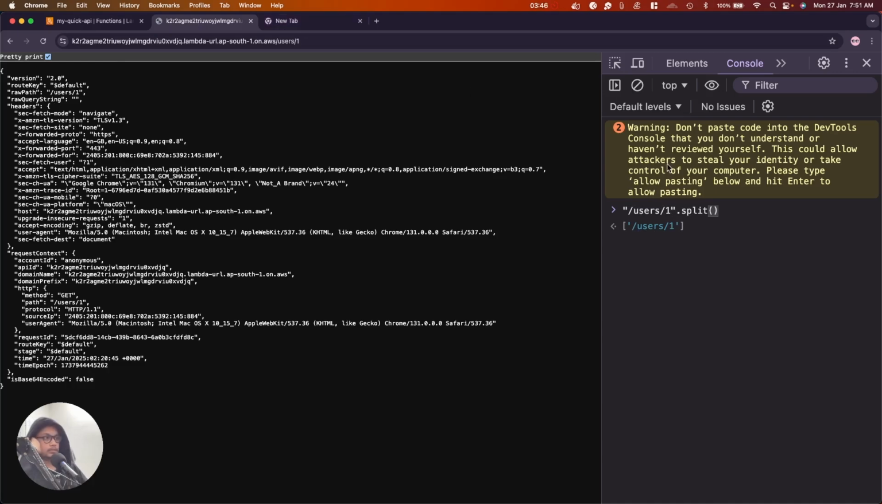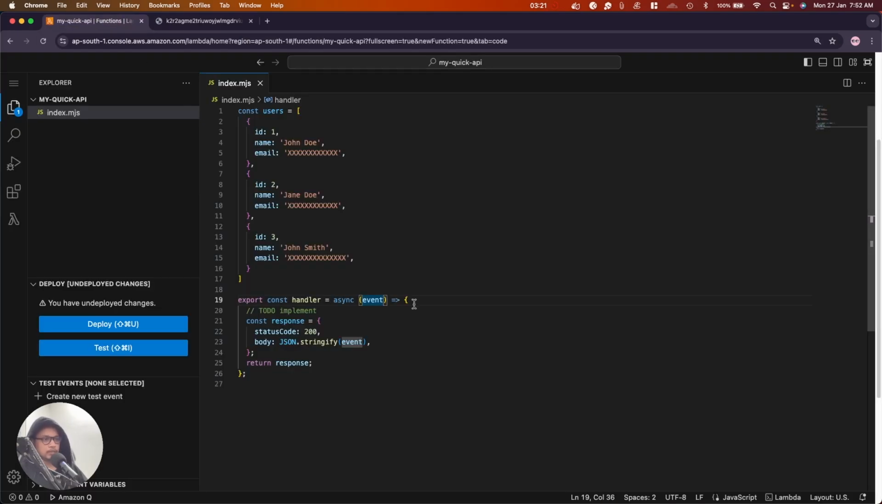And let's perform the action here as well. Okay, split, and we want to split by this. Okay, so we are getting an array, and from that array we can just take the second element, and that will give us the ID, right? So let me just copy this code, head over to our Lambda function, and